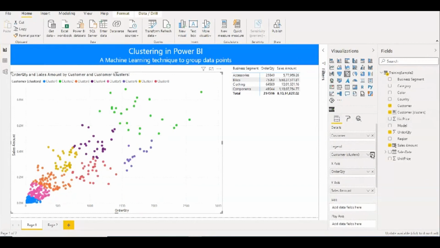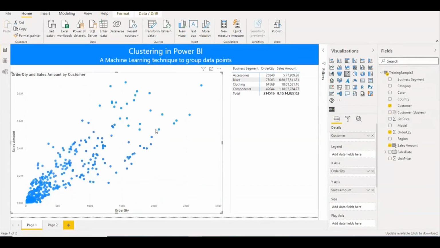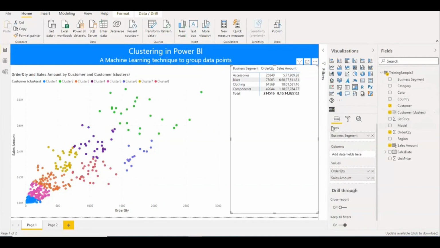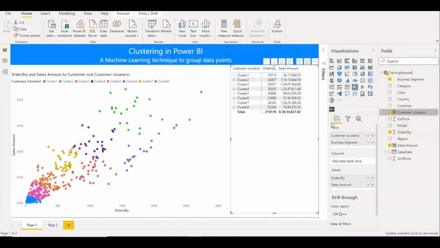If I remove this, your graph looks like this. So let me add it here again. Now we'll put the cluster here on the top for more understanding. Each cluster has this business segment, and based on the business segment, the customer, the quantity, and the sales amount.